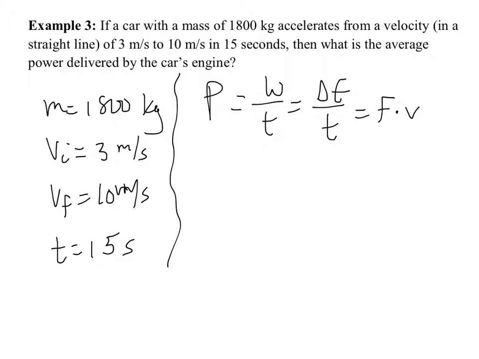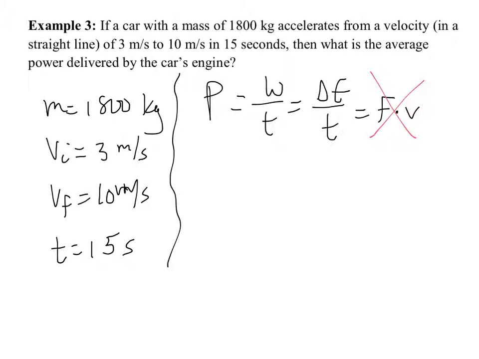Work over time. Why not work over time? Yeah, you don't have the work in this problem, right? You're not given anything about a force times the distance or anything at all. So we're not going to necessarily use work over time. What's the other one we're not going to use? Jake? Force times speed. Yeah. We're not given anything with a constant velocity, remember? That was the stipulation I made when we derived that formula. The stipulation was that force and velocity are constants, so we're not really going to be using that one either.